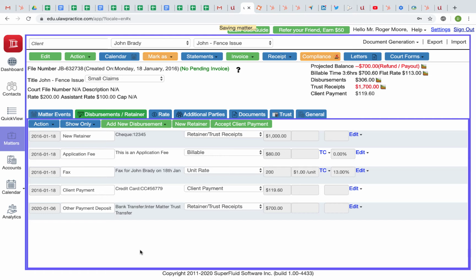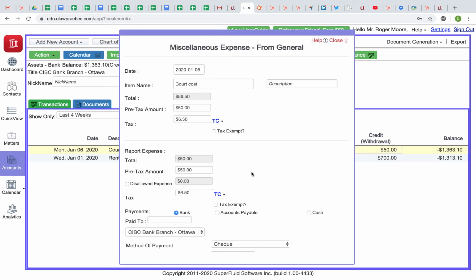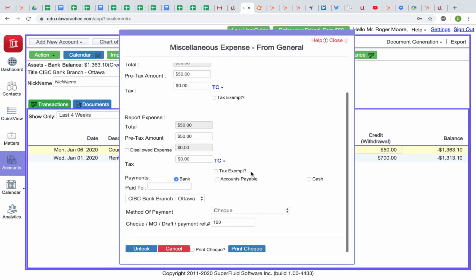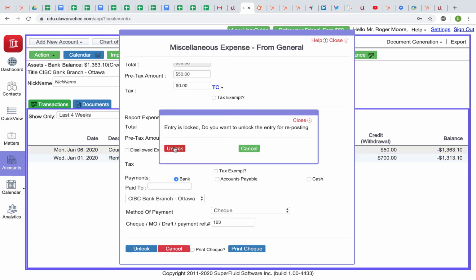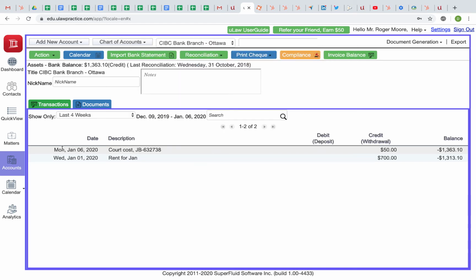Now, this also will show up in the general account, basically because you marked this as an expense for the client. So when you go into your accounts tab, you're going to see that. And the difference is, this one is a client expense and it'll have the matter that it is associated with. Now you cannot edit that by clicking here. It will not allow you to, I mean, sometimes it does, but generally you will not be able to edit it. We generally recommend that you go and edit this in the matter because